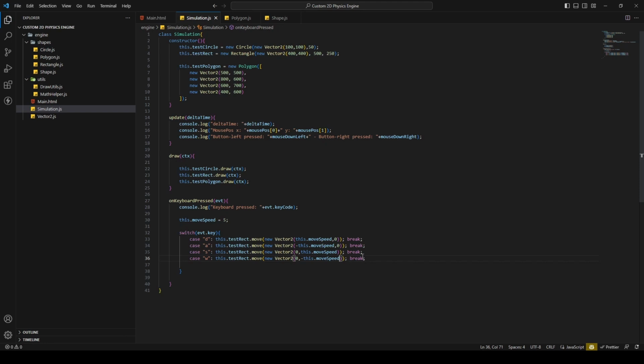That's for that. And then for the other shape, because I want to move two shapes simultaneously, I'm gonna use the arrow keys on the keyboard, so I need to write, instead of D, I'm gonna write